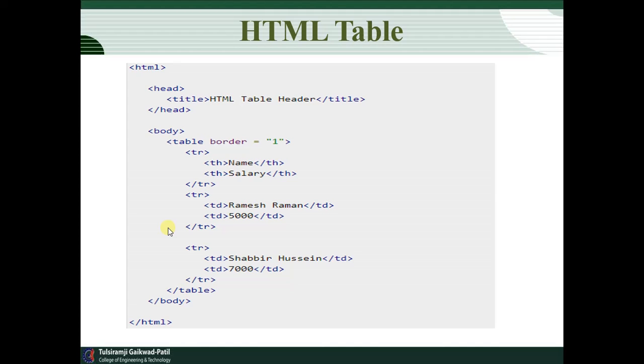After that we have closed the table, heading, body tag and the HTML tag. If you require to insert the third row, again you need to open the tr tag and close the tr tag. Under that you must mention the table data. Okay, so that is very important related to tables. So this is the way we have created a table.